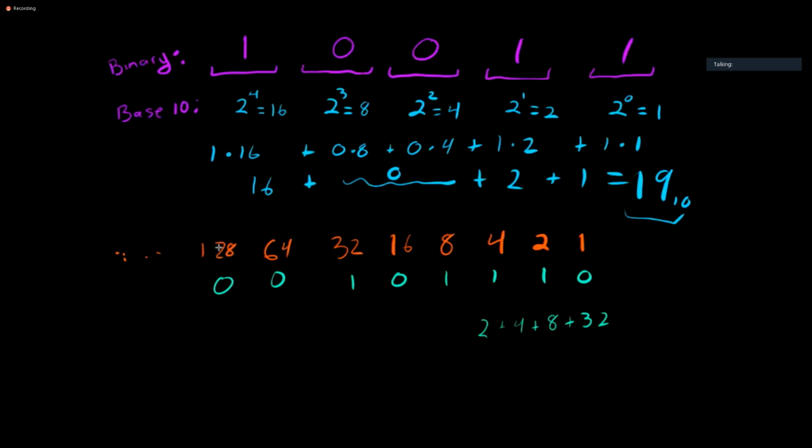0 for 128, so I don't need a 128. So I know that this number is 32 plus 8, that's 40, plus 4 plus 2, that is 46 in base 10. So I know that the number 101110 is 46. So I don't even worry about all this power stuff, that just confuses me more. All I do is in my head multiply starting from 1 all the way by 2 each time as I go to the left. So we can go from binary to base 10 really easily, but say we want to